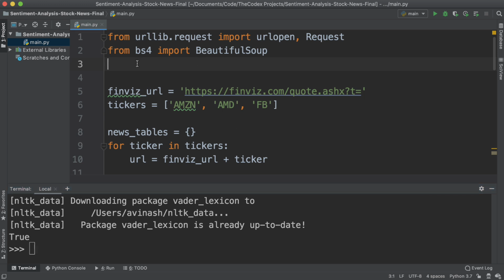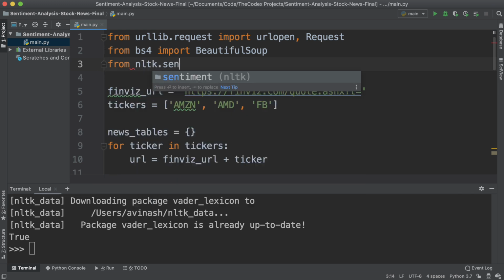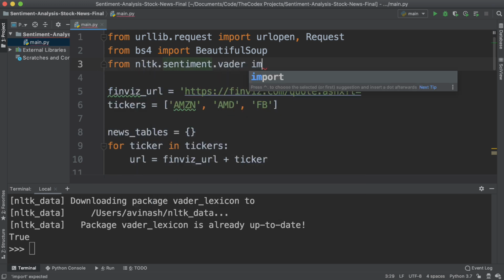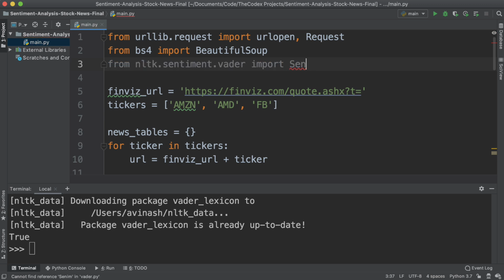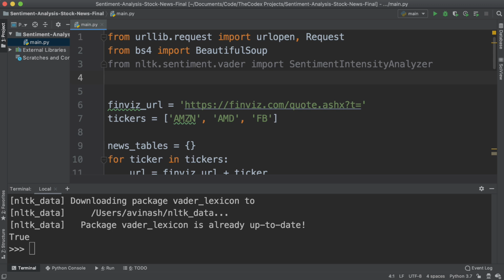Now at the very top of main.py, you're going to go ahead and import this package. So you're going to say from nltk.sentiment.vader, we're going to import SentimentIntensityAnalyzer. And so this will allow us to call the function we just saw in the article and apply sentiment analysis on any given text. And last but not least, at the very top, I'm going to say import pandas as